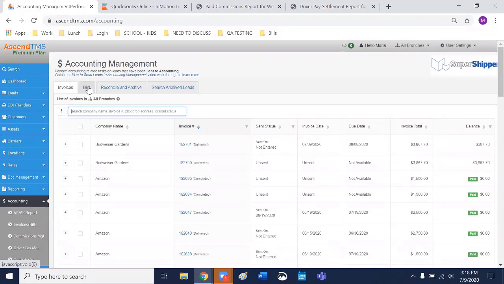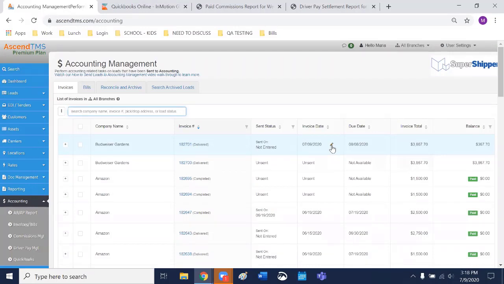Because let's say hypothetically you go the route of you're not going to mark your payments in Ascend and she's going to do that in there. It's just going to be, when do you need to get all those invoices over to your accountant so that they start aging properly in your QuickBooks? You know what I mean? Because your aging in Ascend starts as soon as you have an invoice date. But I imagine that it goes off the invoice date anyways in QuickBooks, so it shouldn't really matter when you send it, but I would just talk to them about what flow is going to make the most sense.